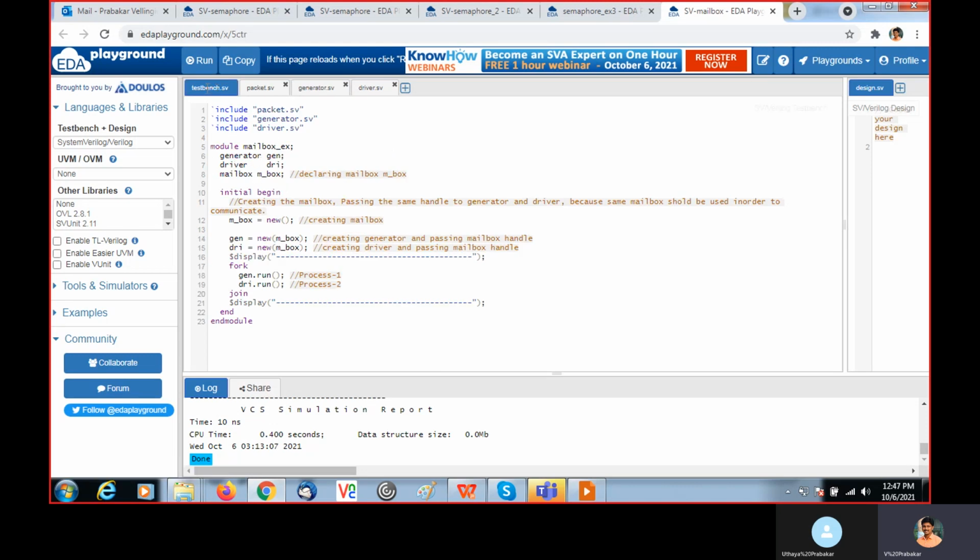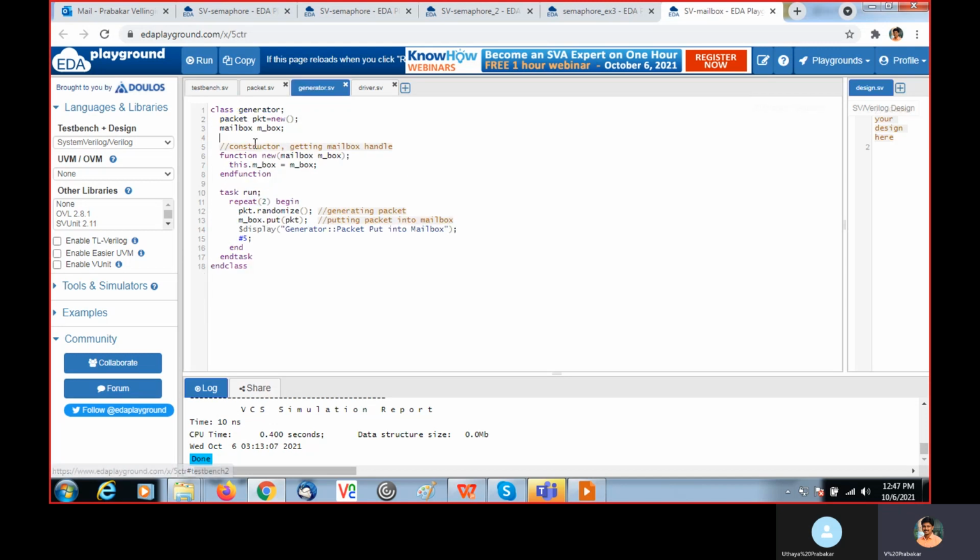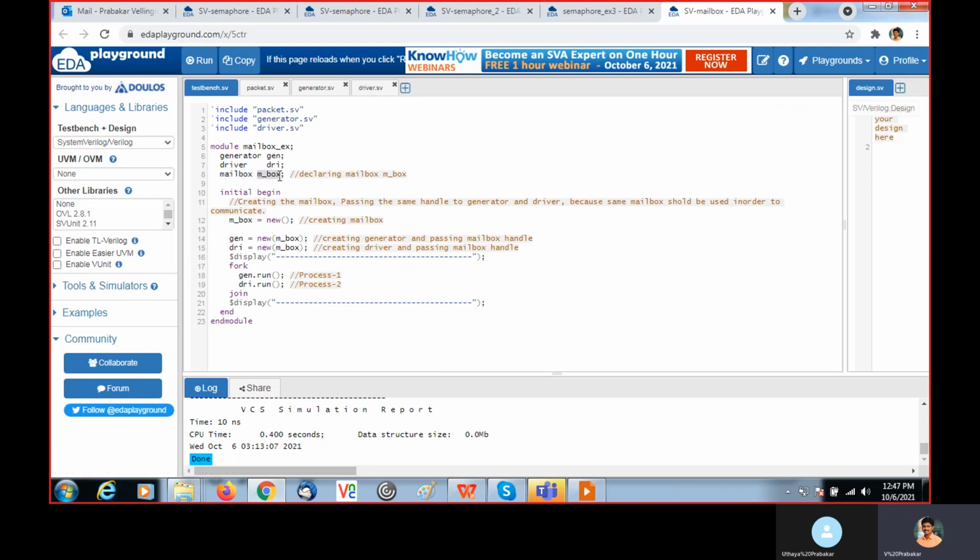So this is the testbench top module. Within that I instantiated the generator, the driver and the mailbox. Within the initial begin, I create a mailbox using new, allocating some memory for the mailbox.